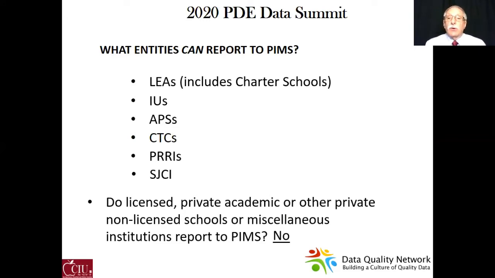Here's a little exercise for you that'll be helpful in other aspects of your job. There's a website called www.edna.pa.gov. Let's suppose you would like to know how many approved private schools, or APSs, are in Pennsylvania. If you go to that site and click on Search Education Entities, there's a checkbox there for approved private schools. You click on that and you'll be able to find out how many APSs are in Pennsylvania.